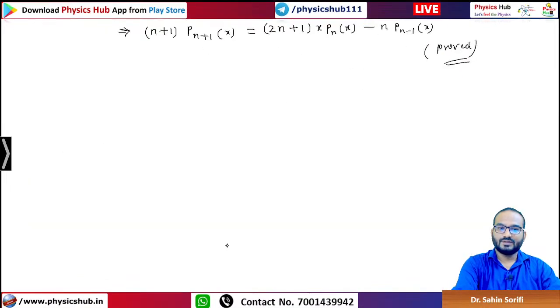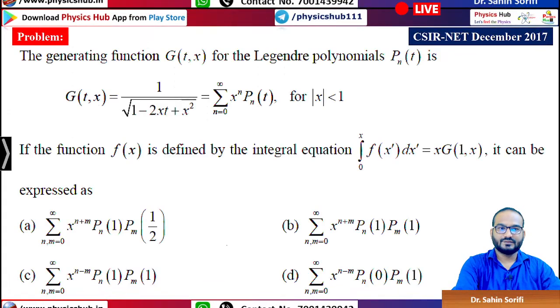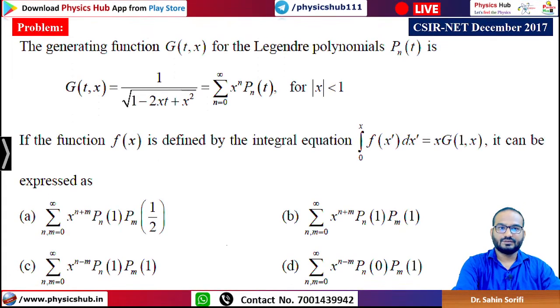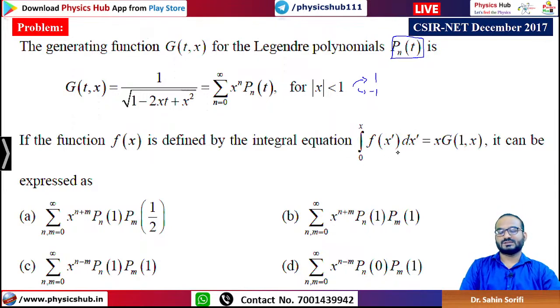Let me give you one problem which came in December 2017. Can you do this problem? The generating function g of t, x for the Legendre polynomial Pn of t is given by this, for mod x less than 1, means x is between plus minus 1. If the function f of x is defined by this integral equation, 0 to x f of x prime dx prime equals x g(1, x), it can be expressed as